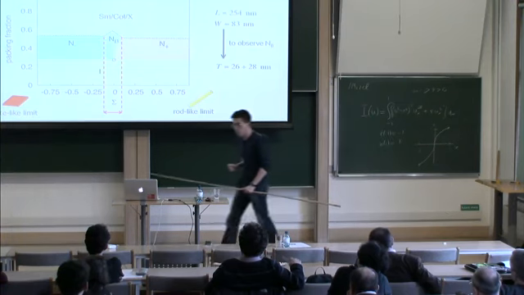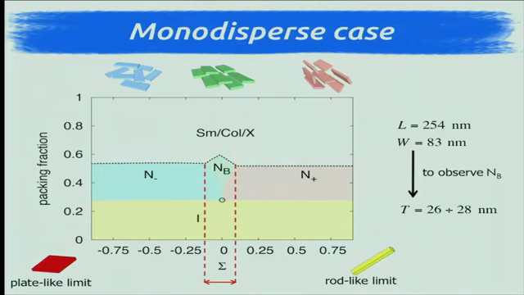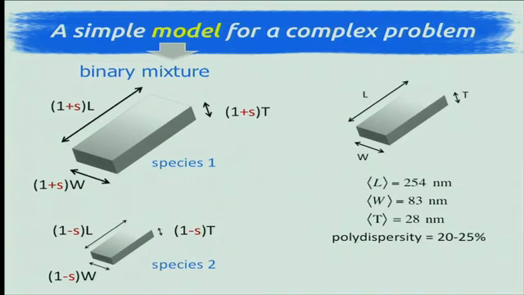So, polydispersity, how can we analyze it? Well, the problem is complex because in principle polydispersity means many different species. So we use just a simple model to analyze the effect of size asymmetry, and it's a binary mixture. So only two species,